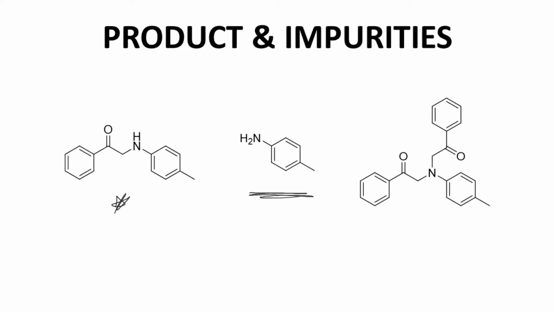Our crude TLC from when we stopped the reaction showed some signs of aniline in it, so I was predisposed to think it would have aniline. And then when I saw the NMR, I thought, yeah, that looks kind of like aniline, and didn't think about it too much. Then upon reflection, I think our final impurity is actually this molecule